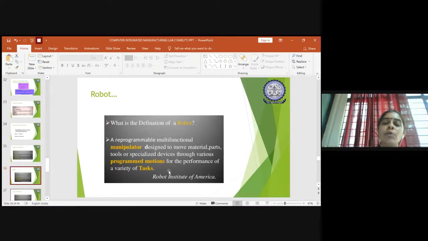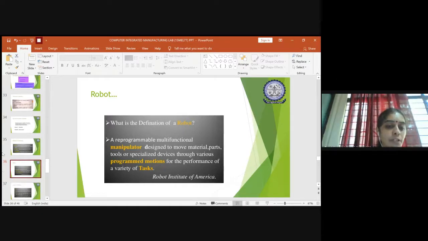It is not like one robot does one particular task. It is always readily available for any type of task, and can do two to three tasks at a time. It depends on how well you program it to make a robot multifunctional. This was the definition of a robot given by the Robot Institute of America, the general information about a robot.